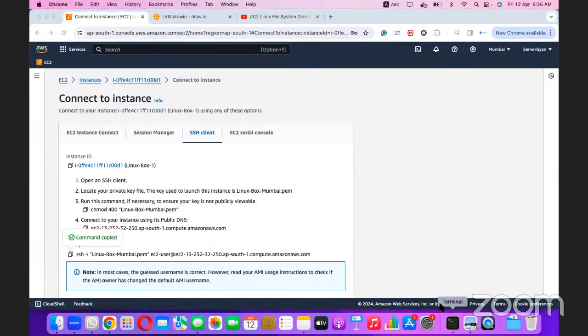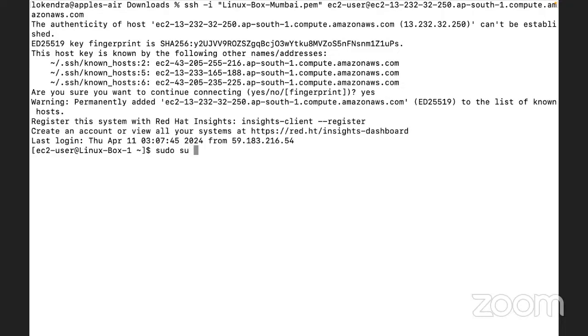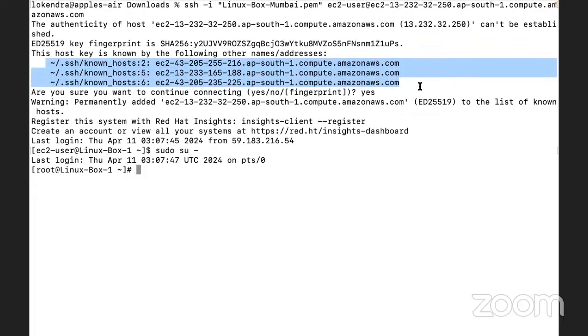So guys, just for better understanding, I have not created any new machine. The same machine which we were utilizing yesterday, I have kept here. Why are these errors, or you can call them warnings, coming? Because if you remember, every time the IP address of this machine is changing and the key remains the same, right? Yes, sir.